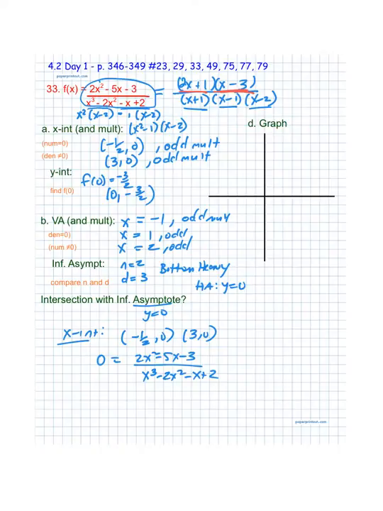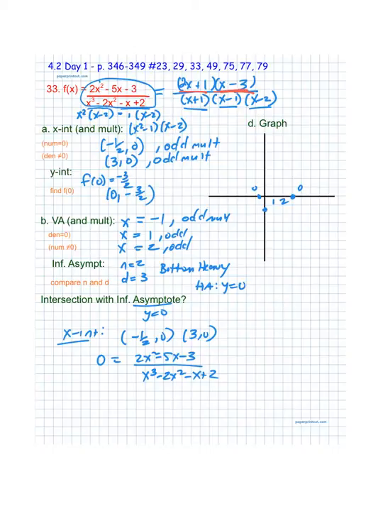Let's put the skeleton on our graph. So I'm going to put on the x-intercepts at negative 1/2, 0, and 3, 0. Both of those have odd multiplicity, so I'll put a little O next to them. I'm going to put on the y-intercept 0, negative 3/2, and I'm going to go ahead and sketch in the